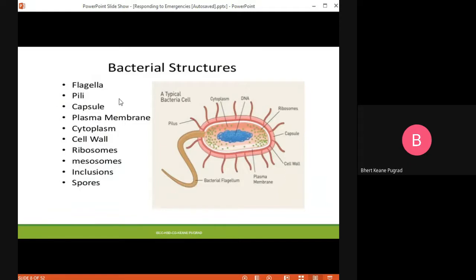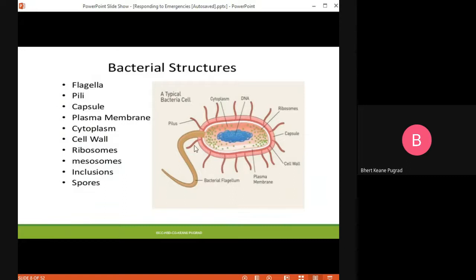You also have your pili, okay, yung mga maliliit na parang galamay, okay? Just like your flagella, it also helps in mobilization and it helps in attaching, no? Para sila ay makakapit sa body part ng host, they need the pilus or the pili. We also have here your capsule, okay, the protective outer layer. You also have your plasma membrane, no? Your plasma membrane is the fluid-like structure inside the bacterial cell kung saan nandun nagsuswim yung mga other